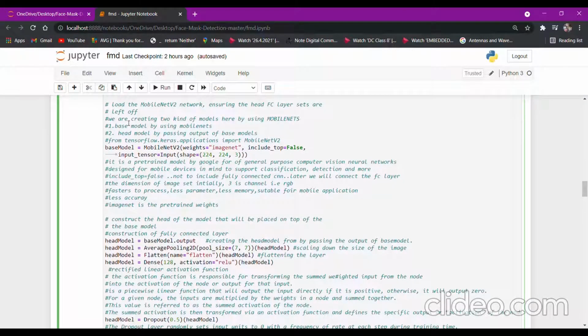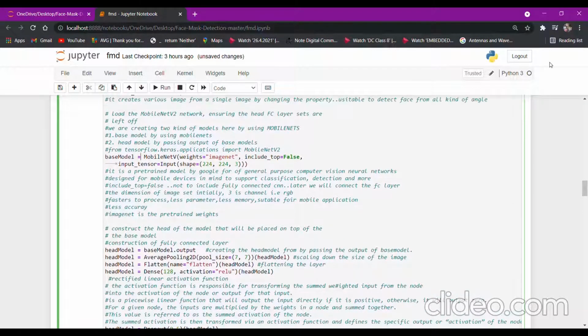Coming to the model creation. Basically there are two models here. The first model is the base model. The second is the head model. The output of the base model we are passing to the head model. So we will see what the base model is. The base model is created with the help of MobileNetV2, which was initially brought out by Google.